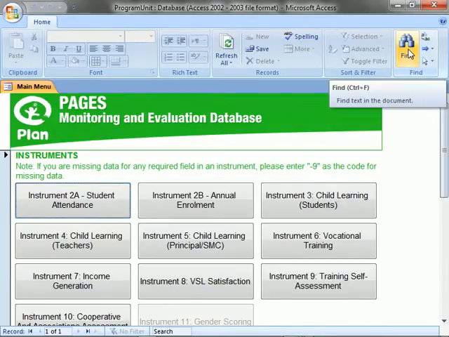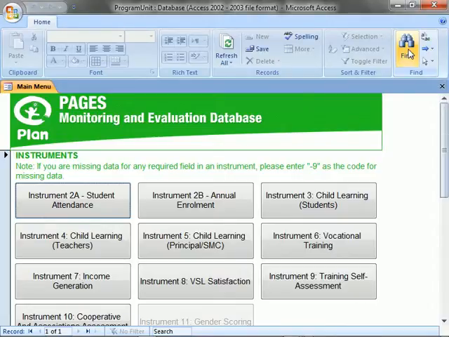This is the third video in the instructional guide on how to use the Pages Monitoring and Evaluation database. In the first video, we covered how to open the database, enable the content, and use the menu. In the second video, we entered data into Instrument 2A. In this third video, we are going to enter data into Instrument 3, the child learning form for students, which